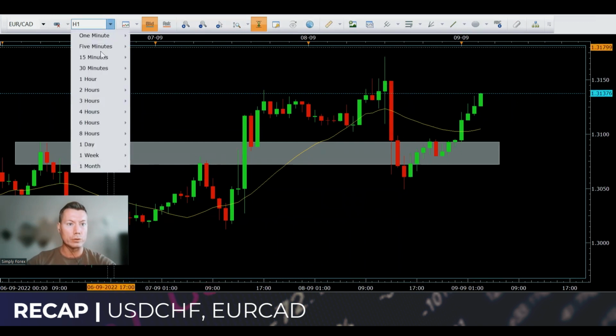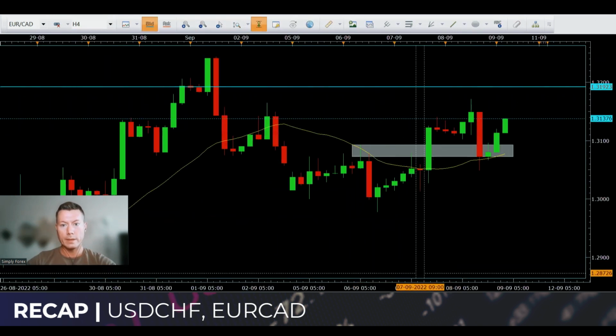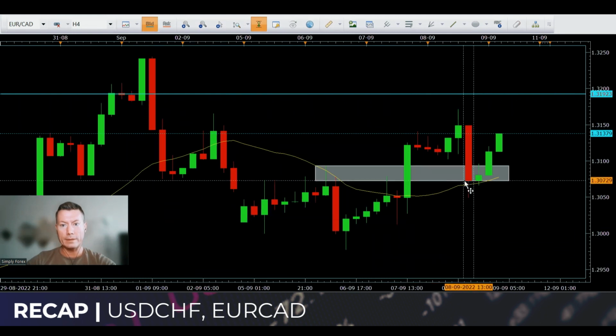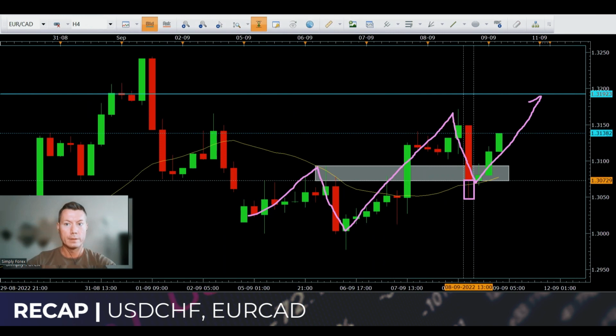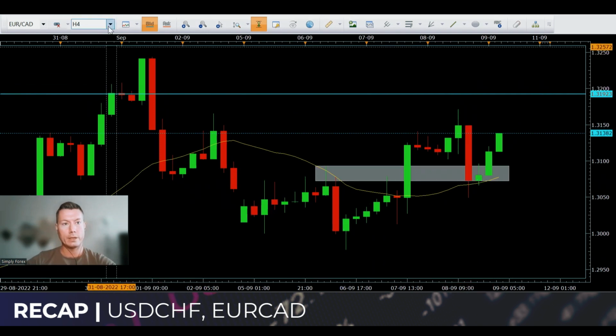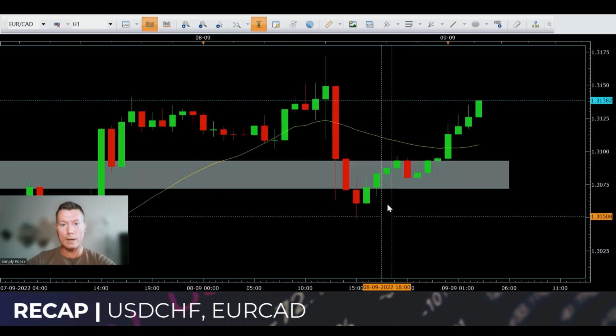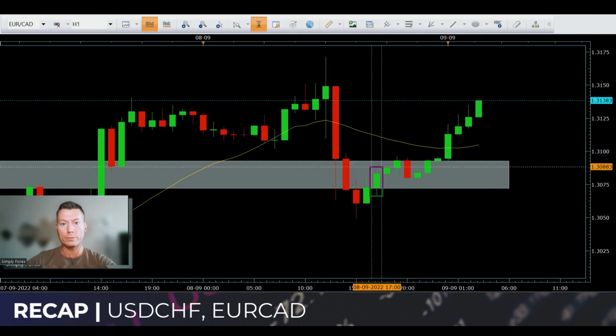If we go on the H4 as well, guys, I also like the fact that this wick here on this red candle did actually close just back into our grey zone. And you can see the H4 trend is upwards. So remember, guys, you can take a look at the H4, look at the higher time frames to give you a bit of confluence and confidence to enter the trade. Okay, so we go back to the H1. This was my entry candle. So the H4 supported what we wanted to do.